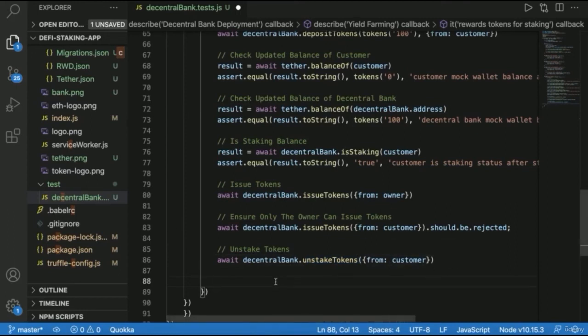Now, what other kind of tests can we write for unstaking? Well, we can actually write some tests thinking ahead, right? If we think in advance, what would happen after we unstake? Well, after we unstake, for example, there should be 100 tokens now returned back to our customer, right? Because they're technically going to be unstaking everything. We're just going to have a button that unstakes it all. So we can write a test to check that. So why don't we say check unstaking